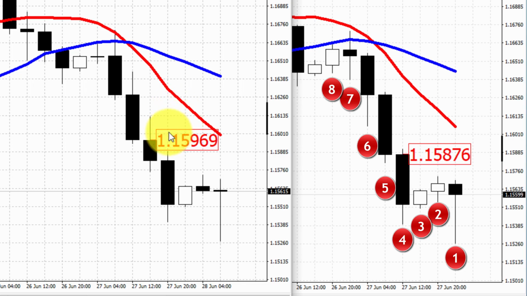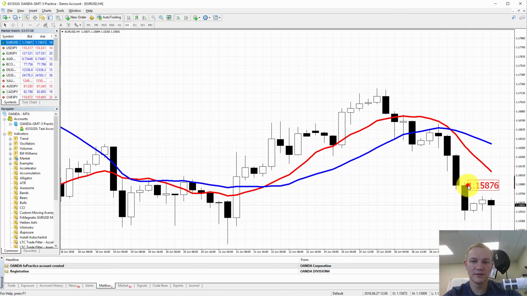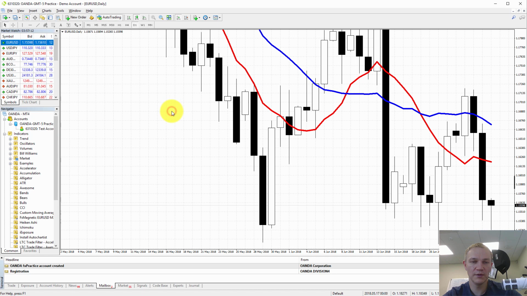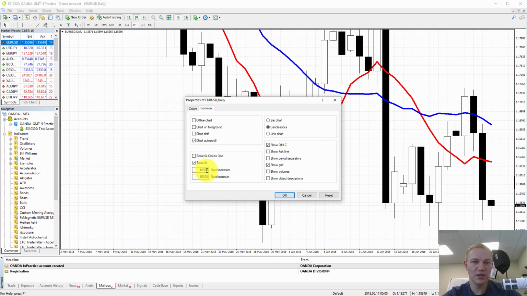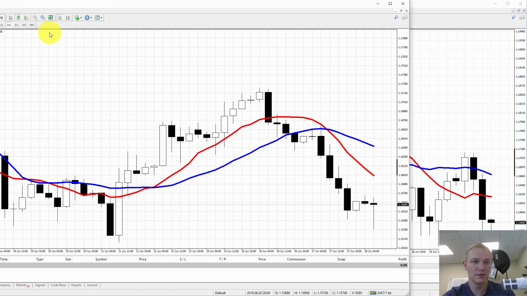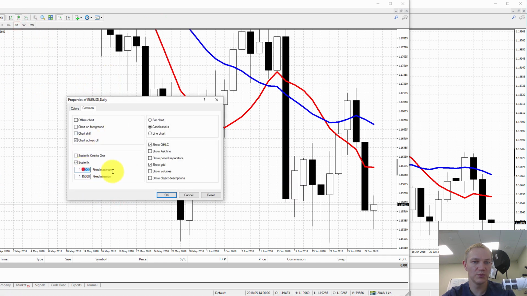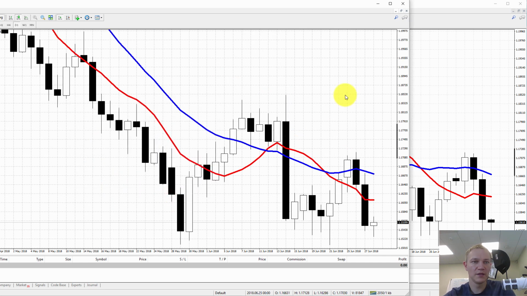So let's now do another example on the daily time frame. I will just delete this and switch to a daily time frame. Here we go. I will have to change the scale to 1.2, it will be easier to compare. We'll do the same here, scale 1.2. Here we go. So now on a daily time frame,